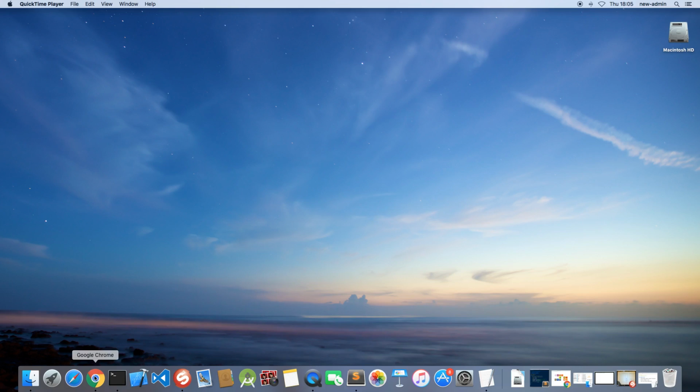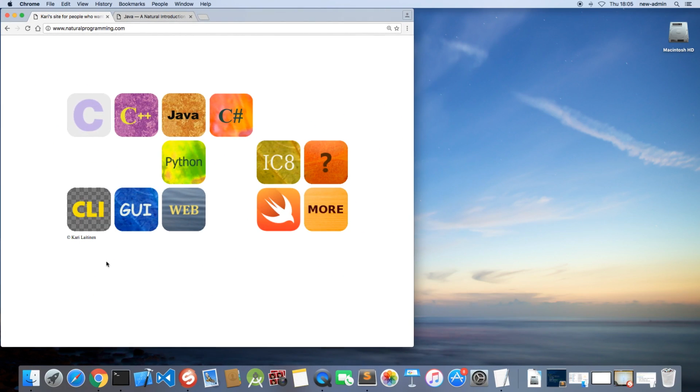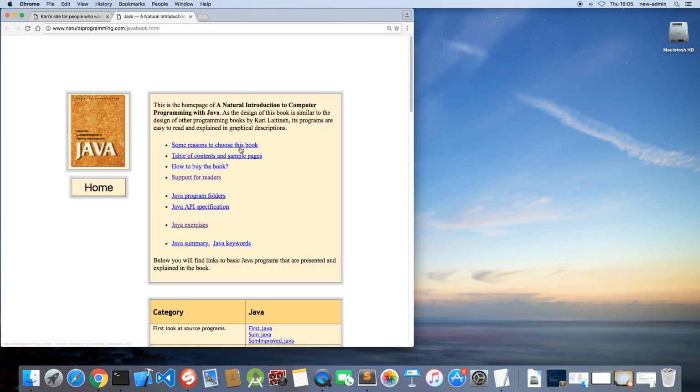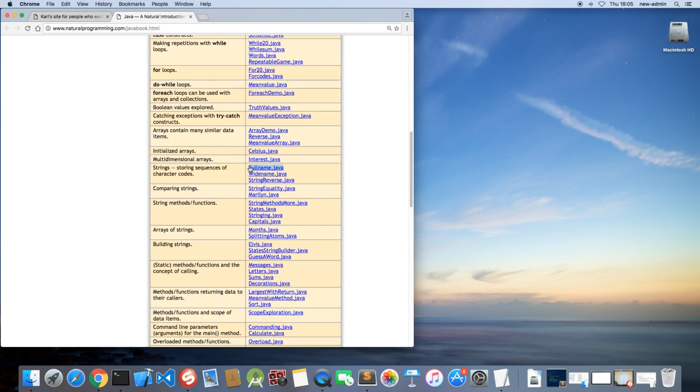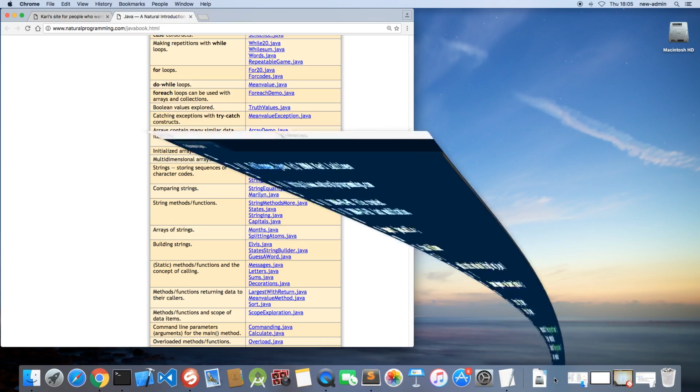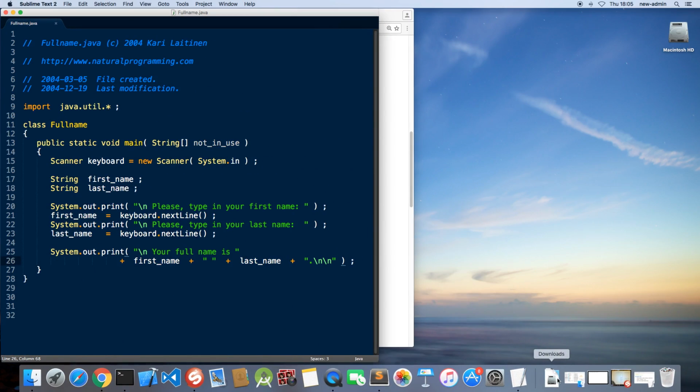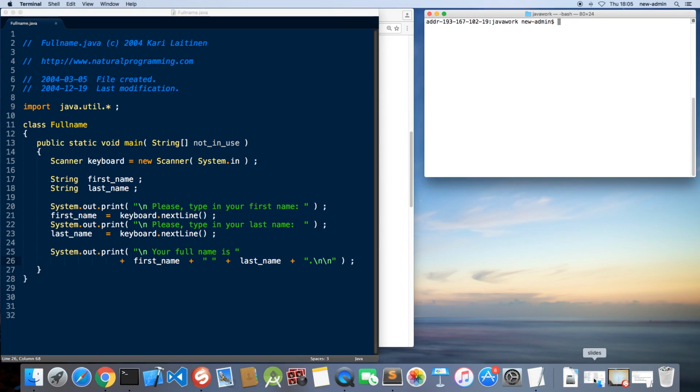So you can find the program if you first go to the Java page, which is this, and then the program is here, and you can download it with the right mouse button if you like. I have already the program here in my editor and I have already compiled it, so I can recompile it